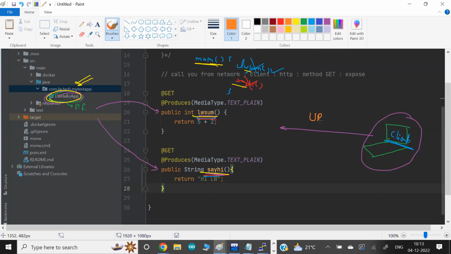We only give the client a URL, and the client can do something with the URL. Our intention is to give the client a facility: whichever function they want to call, they can call. How can we give this facility to the client? With the help of the URL.